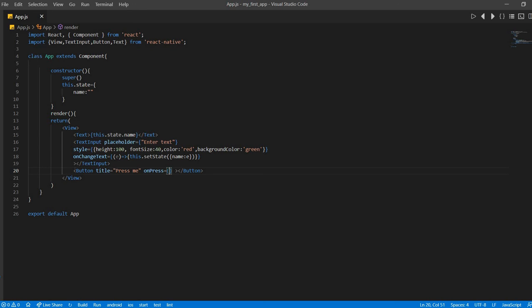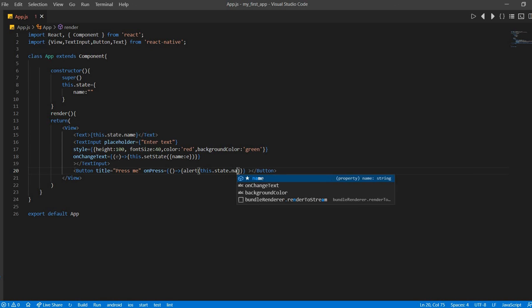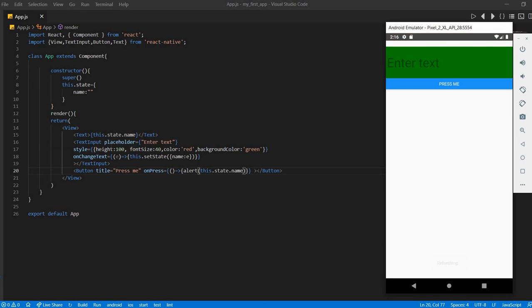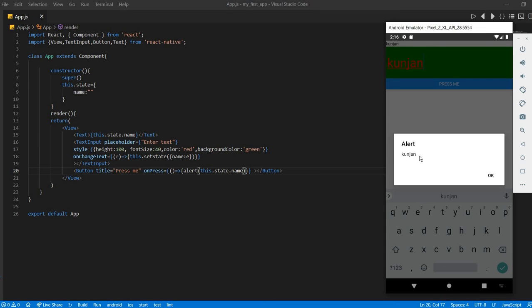Here we can use an arrow function like this and show alert. In this alert we will show this.state.name. So here Kunjan, and while pressing the button we can see the alert with Kunjan.